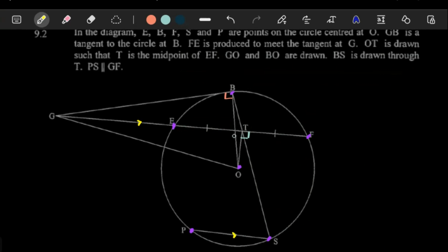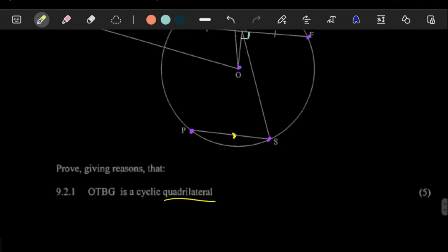You can either prove that opposite angles are supplementary. You can prove that certain angles within your sketch are equal, maybe like the zigzag effect in your cyclic quadrilateral. And then lastly, you'd want to prove that an exterior angle is equal to the opposite interior angle. So for 5 marks,